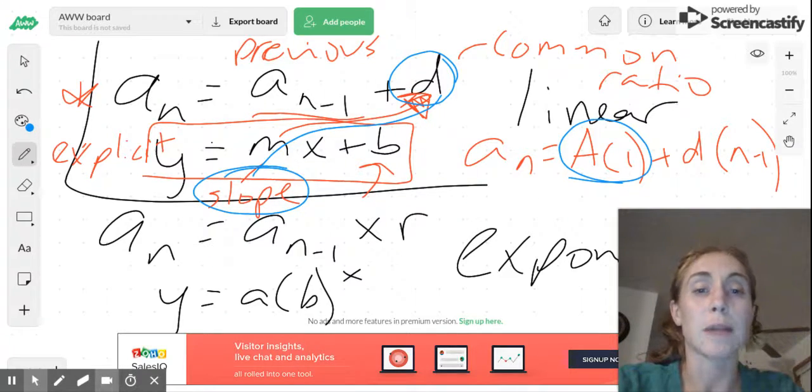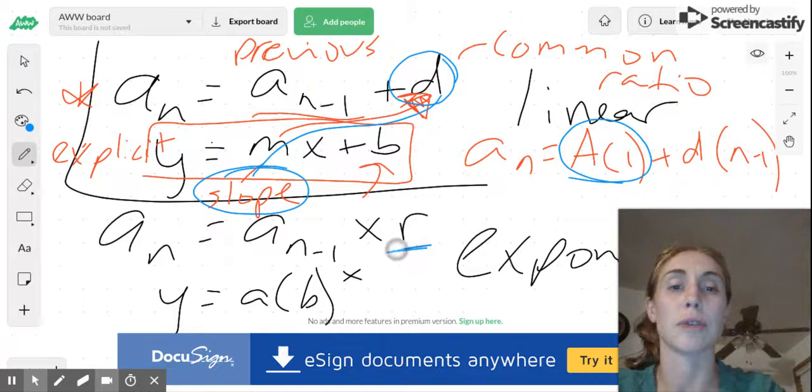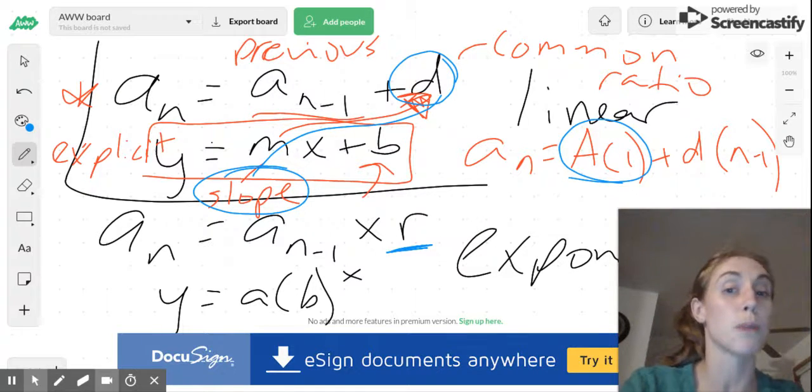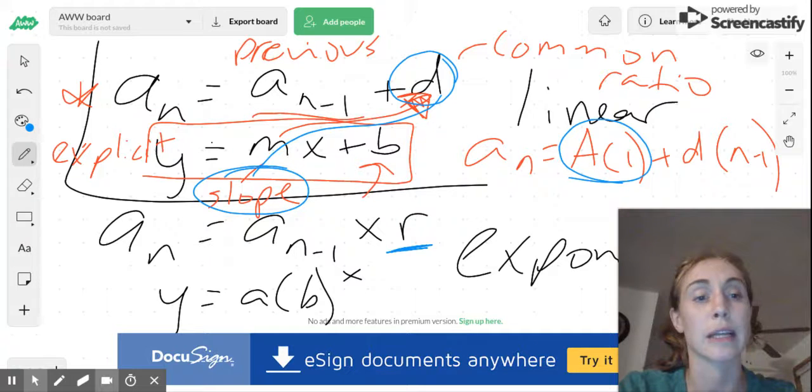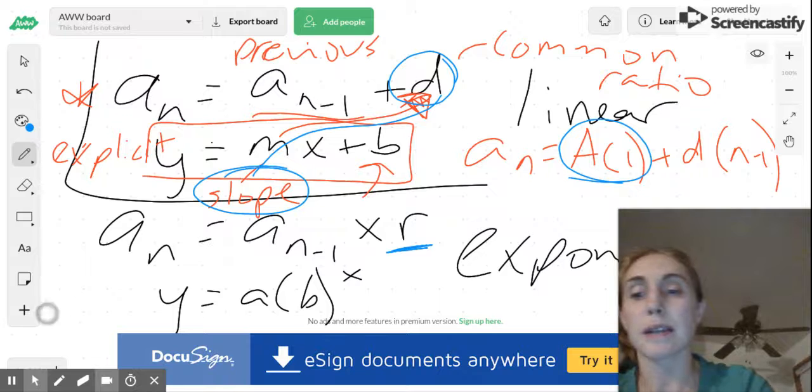On our exponential functions, we have to get to a term, take the previous term and times it by the common ratio, this right here, the common ratio. So we're multiplying now instead of adding to get to those exponential functions. The explicit formula for that,